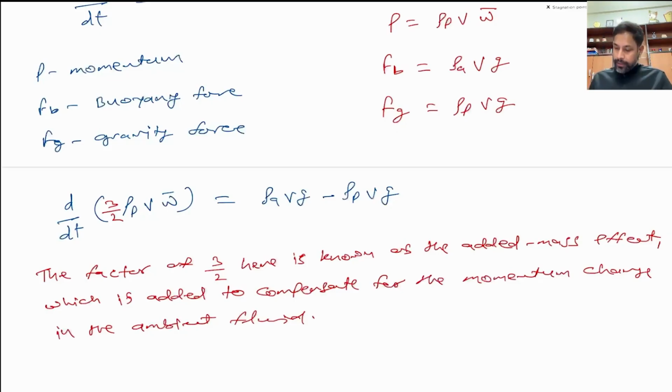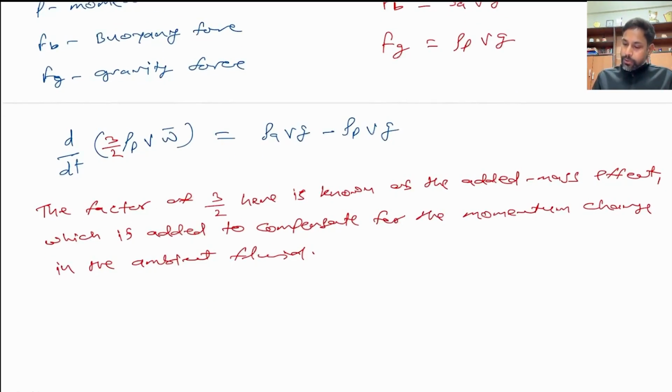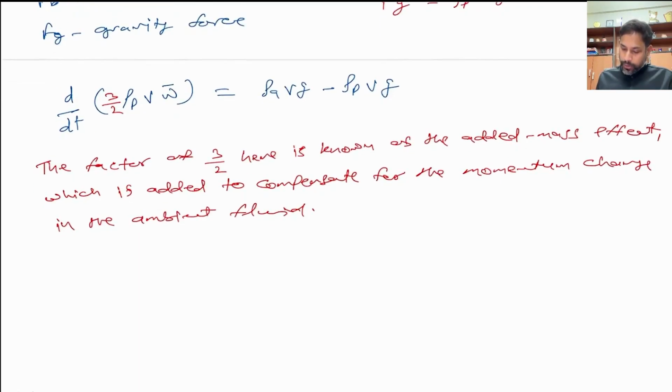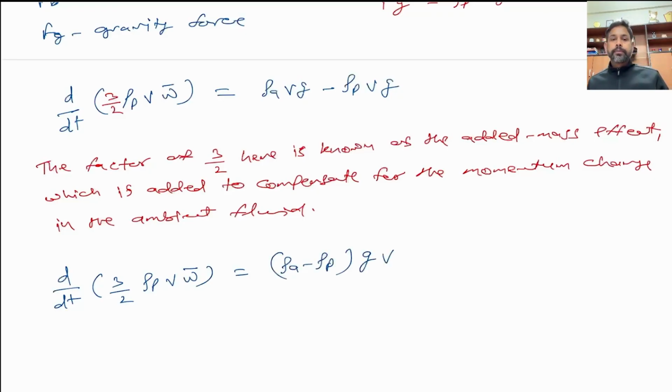Okay, and that's why we have this factor of 3 by 2. All right, so now this equation becomes 3 by 2 rho P V W is equal to rho A minus rho P G V. Okay, and now we see that there is rho P terms in the left hand side as well